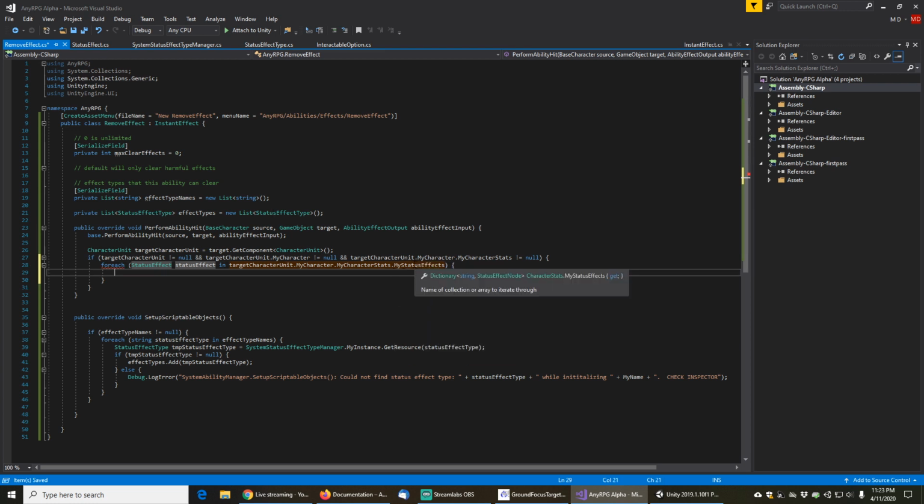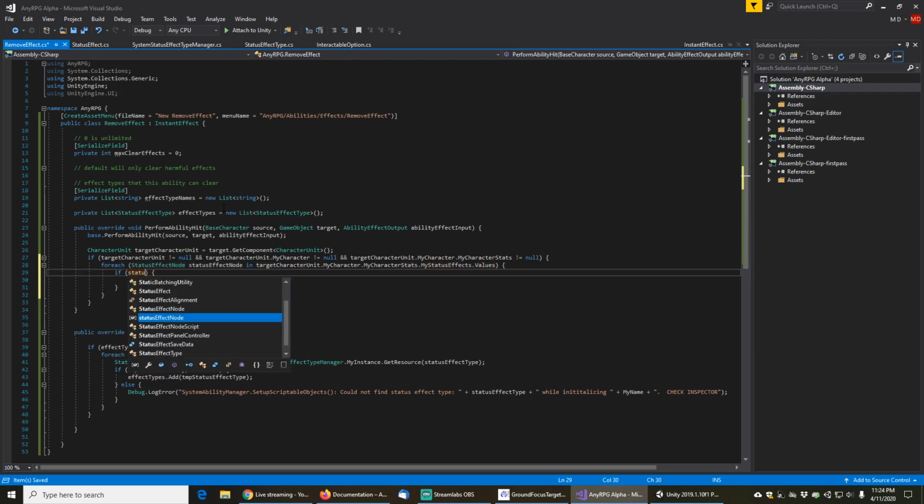And actually, this is going to return a dictionary of string status effect node. So what we actually want is for each status effect node in my status effects dot values. All right, now that we have our status effect node,